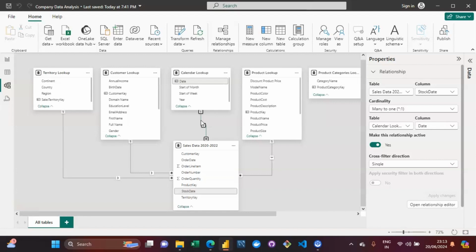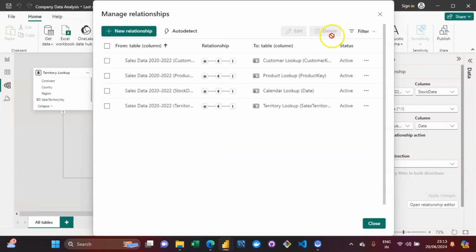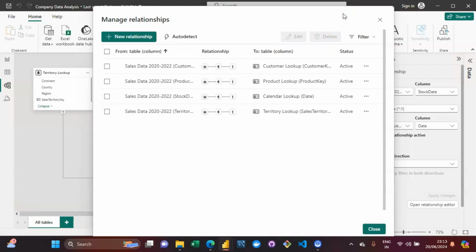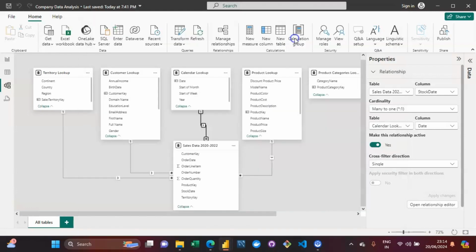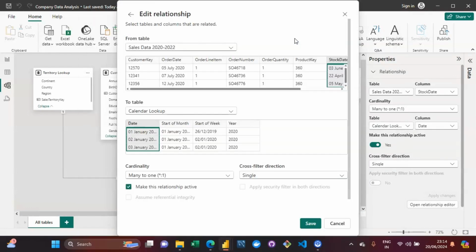In a similar way, there is a second way in which I can relate these two tables together. And for that, I can make use of this manage relationships option. With respect to this option itself, again, you will be getting this functionality to relate these two tables together. So what exactly I can go forward with is, first of all, I can look into that specific relationship. What I'm interested in is editing this specific relationship between the sales data and the calendar lookup, right? So I'm going to click over here, and on clicking on this specific relationship, you'll see that there is an edit option over here, right? So I'm going to click on this edit option,